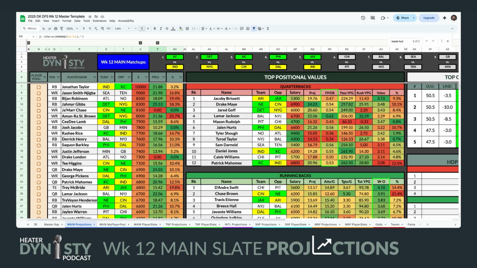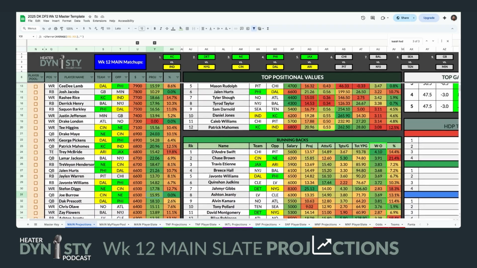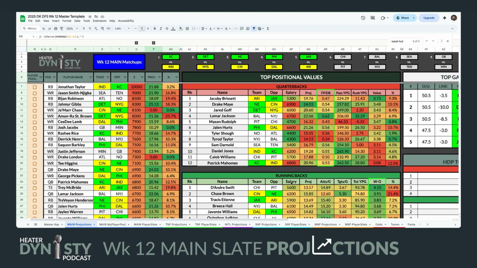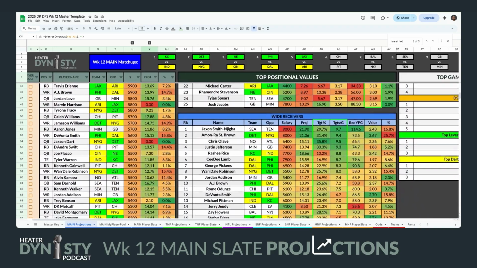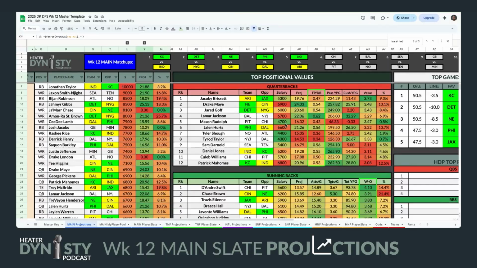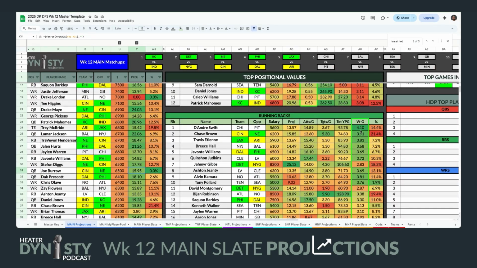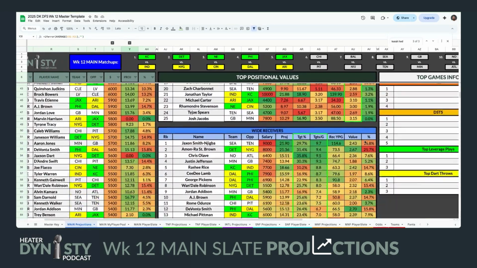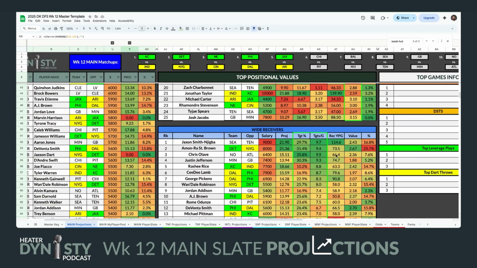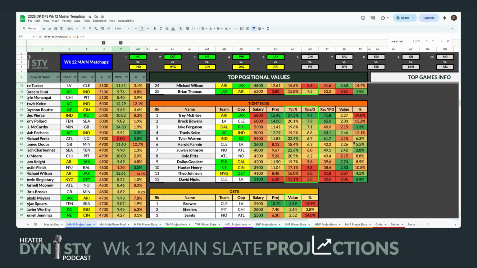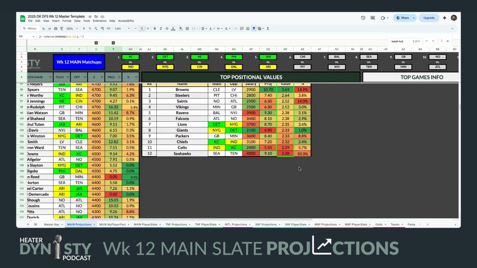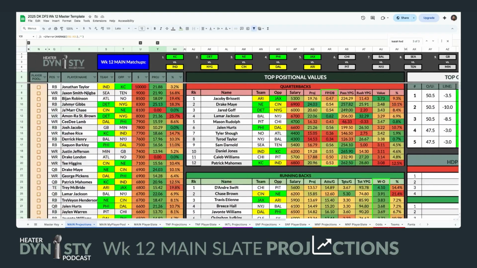Some tweaks that you are going to get that benefit you this week as well is I reworked my algorithm for my top positional values, so they should be even more accurate now. I'm really excited about it. I put a little extra work in this week. Basically, quarterbacks are being filtered by not only the value anymore, but also the fantasy points per dropback. Basically, everything that's highlighted. So the running backs by weighted opportunities, the wide receivers by their targets per game, as well as their value. Same thing with the tight ends, targets per game, and their value. And then defenses are still the same because that's the last spot we fill anyway.